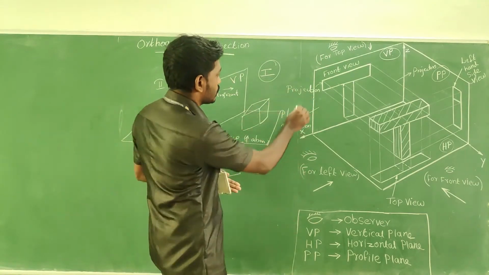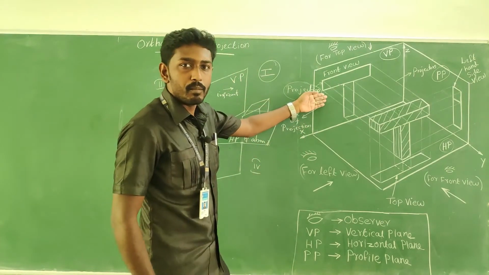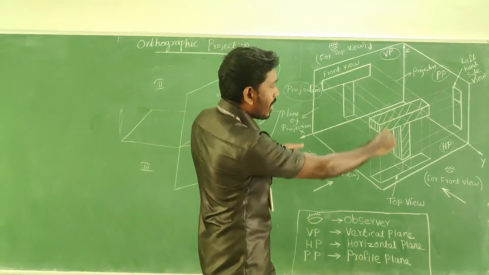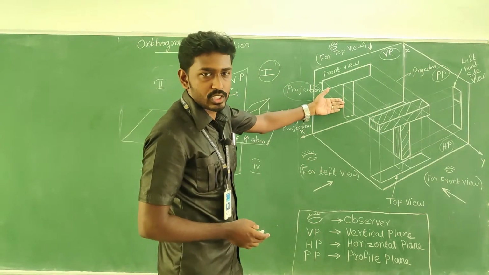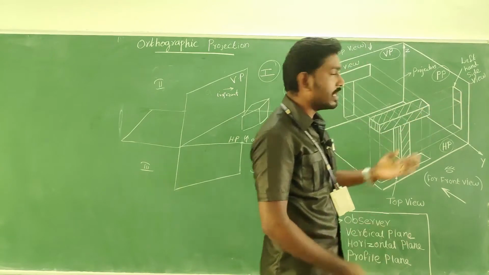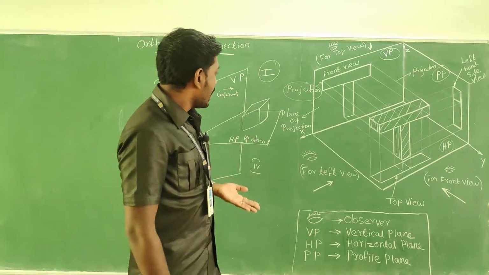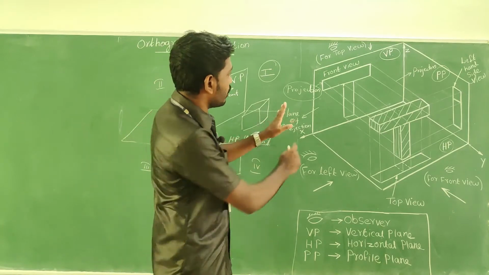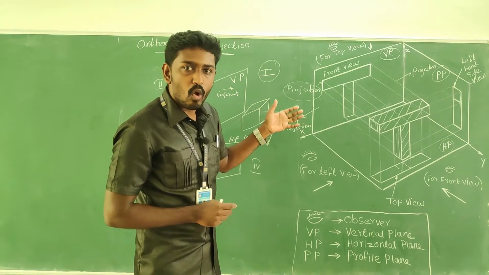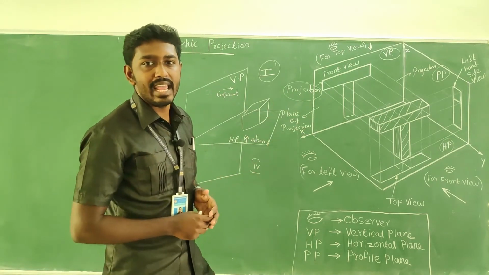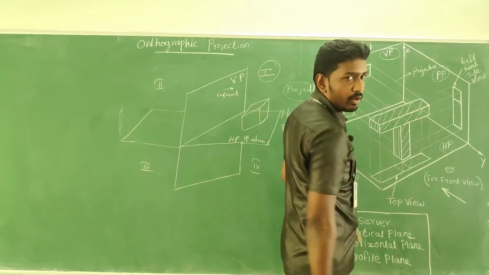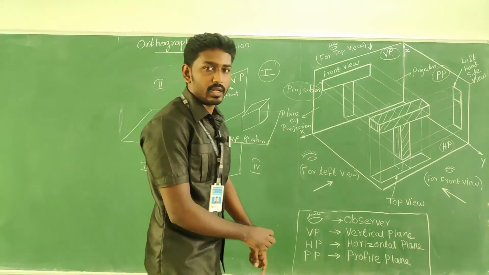And the projection is nothing but the image of an object drawn on a plane, which we can call a projection. So this is the projection for the front view, and this is the projection for the top view, and this is the projection for the left side view, right? And the plane of projection, this is the plane. The plane of projection in the sense, the plane on which the image of the object is drawn, okay? The image of the object is drawn here on the plane of projection, here is the plane of projection, and here is the plane of projection.